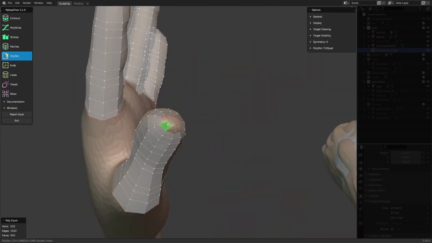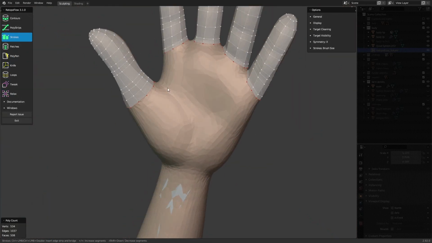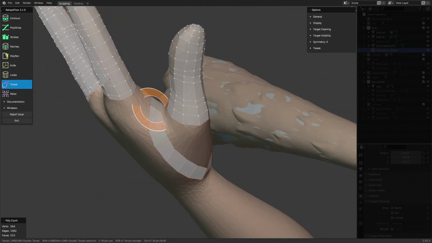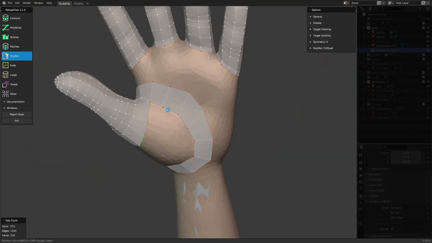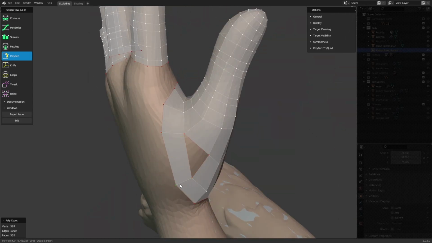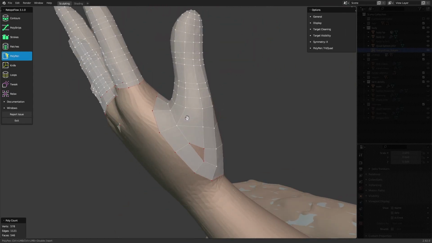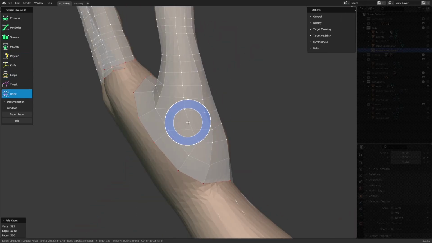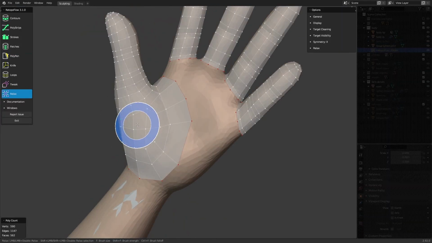Next, I add in a loop around the rounded part at the base of the thumb. Then I start subdividing it a bit, adding some more edges in between, and then I connect it to the thumb itself. This was actually surprisingly hard, because at some points it's directly connected to the base of the thumb, and at other parts it's quite far away, so I had to find a way to add more faces to the places that needed it, without making a bunch of awkward pulls or routing the topology in a weird direction. I eventually end up with something I'm relatively happy with, so I move on to the next step,